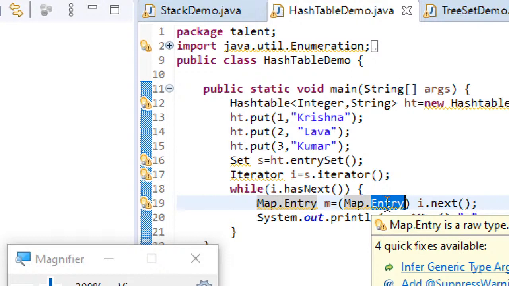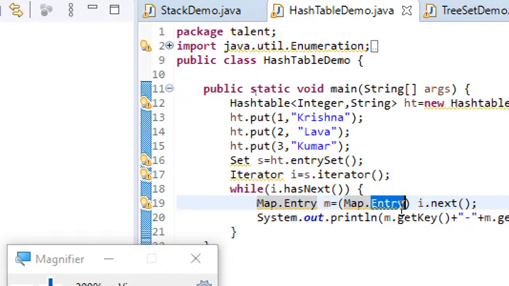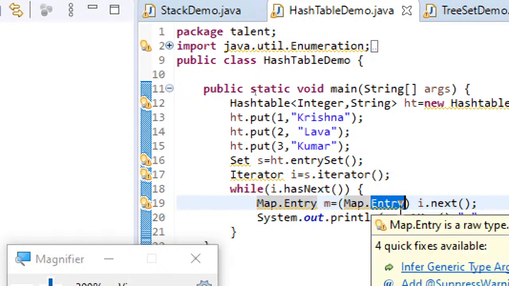Another thing you need to remember with regard to map is that all keys are unique, whereas values can be duplicate. No key can be duplicate, whereas values can be duplicate. This is a very important point to remember. You are going to retrieve values using the keys.